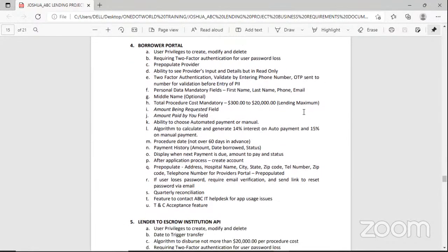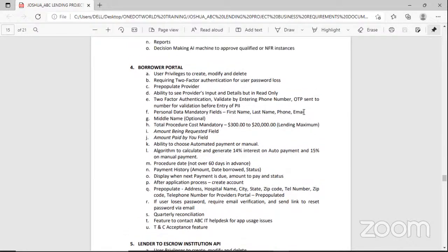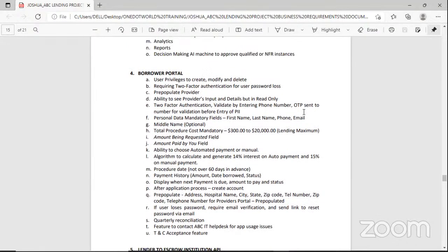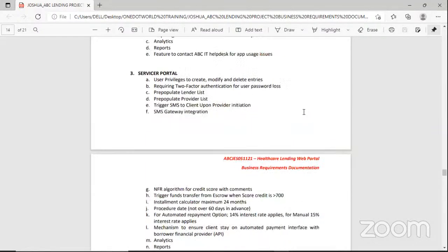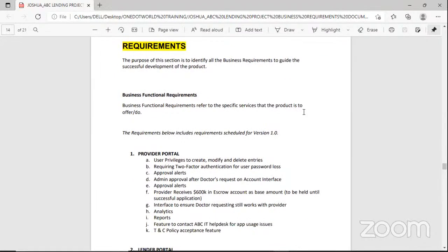Okay, thank you, sir. Yes, so I want to begin by saying that you are right. Usually the business requirements document is generally less technical than this one is. However, for many other projects, the stakeholder requests or puts forward the desire that he wants some details in there. So he wants the functional requirements also stated in the document, because as we saw earlier at the approval section, there are other stakeholders that would have the document to look at.